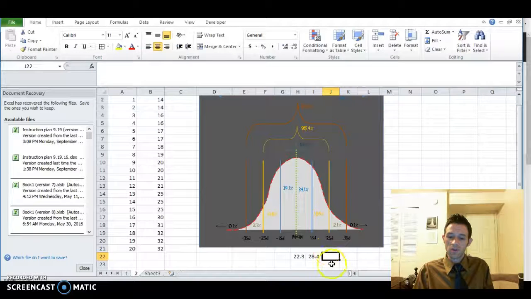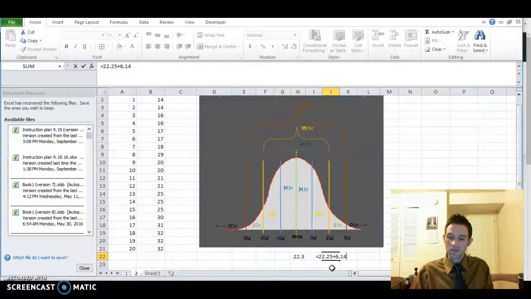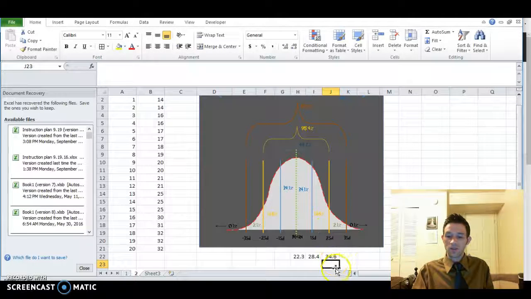Now what if we want to go out two standard deviations? We go 22.25 plus, we lay down one ruler of 6.15, one standard deviation. We lay down another ruler, a second standard deviation. So we're out up to this green line. We added another 6.15, that's one standard unit. We added another 6.15, another standard unit. So that's 34.6. And at this point you can see, okay, only 2.1% plus 1%, and this goes out to